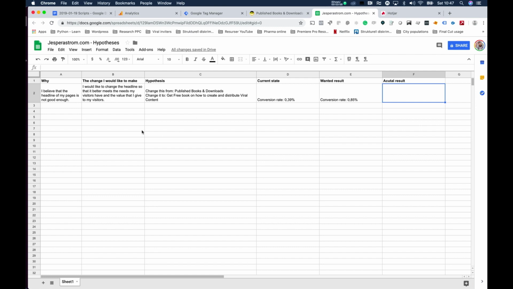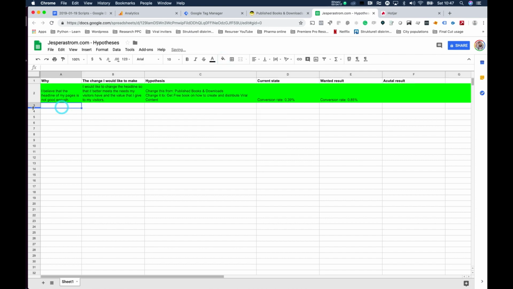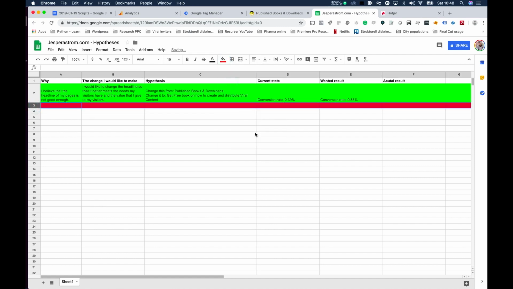So why do I do this? Well, I will do this for all of the changes that I would like to make, and I will perform these changes one by one. This is basically a way for me to stay sane. I will mark every test that I perform that is actually getting close to my wanted result as green, and all the other tests that didn't go the way I wanted as red. By doing this, I will be able to check what tests I did previously, so that I don't go back in time and do tests I've done before,